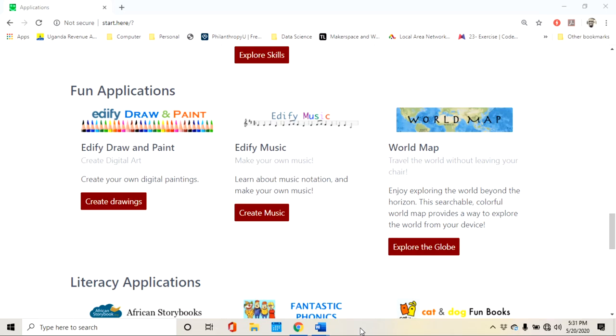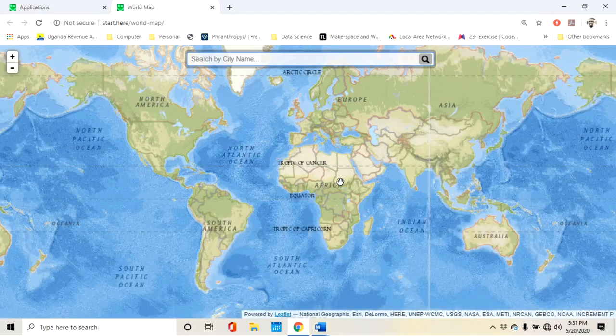Fun application has three different applications. There is Edify Draw and Paint, and then Edify Music, and then World Map. Now, let's start with World Map. World Map allows us to enter the location that we want, and then it will take us there. Let's explore the globe. So just click explore the globe, and then it will bring you to the